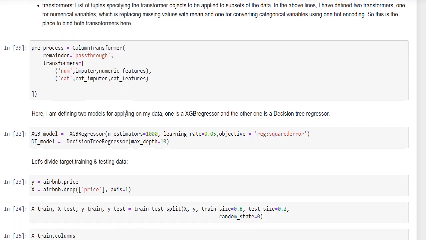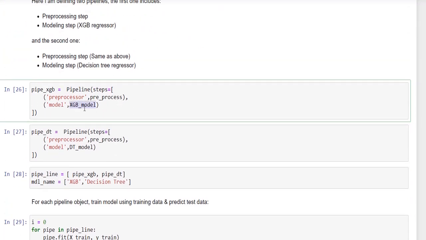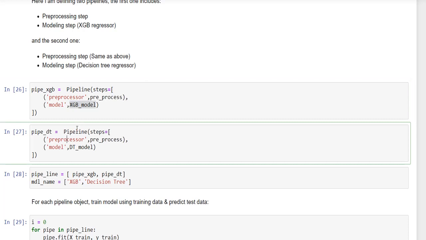So this is the pre-processing step that I would like to apply first, and then I'm going to apply the XGB model on my data. We are going to do the same for my other model, which is a decision tree. So I'm going to define the pre-process, which we have seen before, and also apply the decision tree